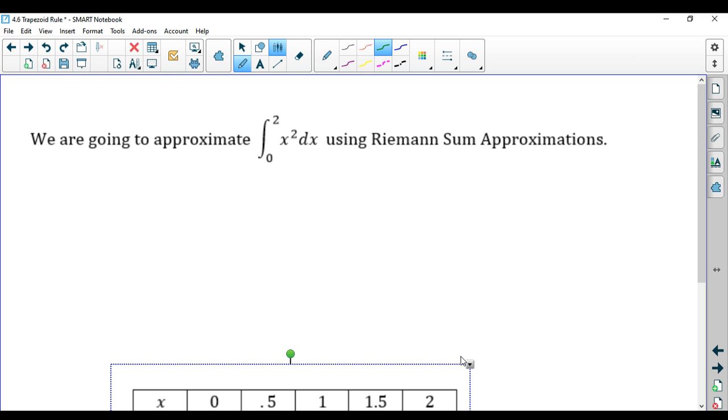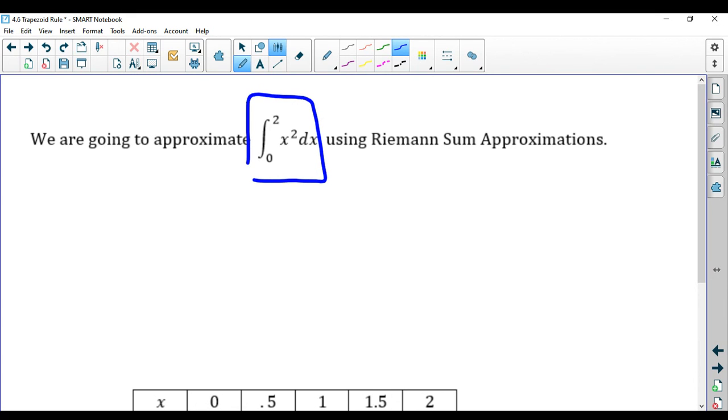Okay, so now we're going to look at this stuff using tables. And you may find this a little bit easier, as a matter of fact. First thing, though, if you're to make a table, we're integrating x squared from 0 to 2. So 0 to 2 are the x values. And